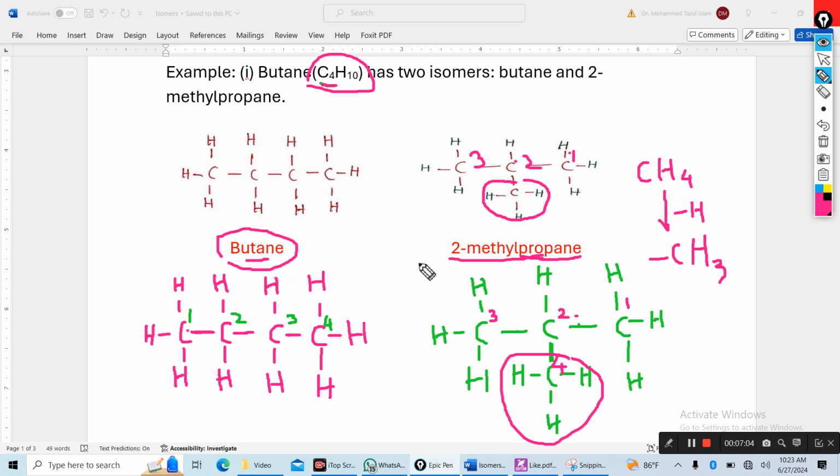So butane and 2-methylpropane, these two compounds have the same molecular formula, C4H10, but their structure or displayed formula is different. So butane and 2-methylpropane are 2 isomers of C4H10. Is it clear to you? Next,